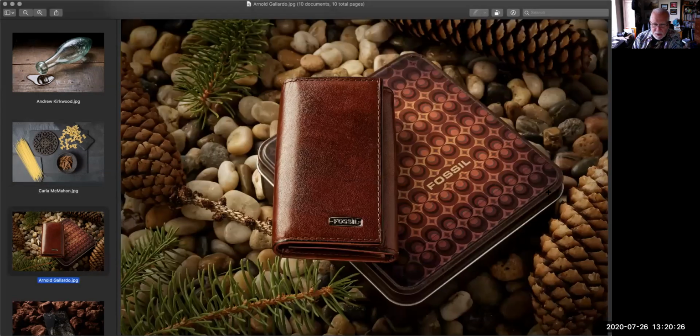Arnold Gallardo is also a Project 52 person, and check out this incredibly gorgeous shot. I love the lighting on the wallet here. We've got all the stitching in it. That's so important when you're doing commercial photography, to make sure everything shows up. Nice background. This is the box that it comes in, and then lots and lots of rough natural stuff all around it. He warmed the shot up to keep a little bit of warmth